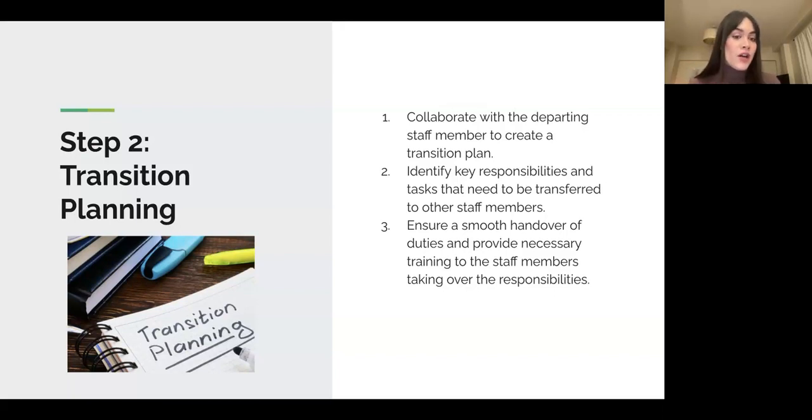It's great to have them write a little day-to-day: this is what I do every day. These are the things that I prepare, the materials like this, or this is where I keep everything and how I keep it organized for the lead guide, or this is how I tell my assistant to do this, etc. So you can hopefully have them write a little bit of information for that new hire. Again, not everybody will be willing to do this. Ultimately, it might be best to just have a list of everything that person is responsible for from the beginning and have that in your own file. But it's always more helpful when it comes from the person who is leaving to the person who will be taking over.